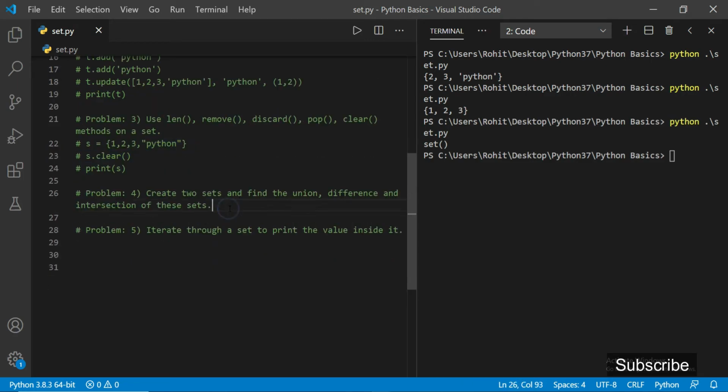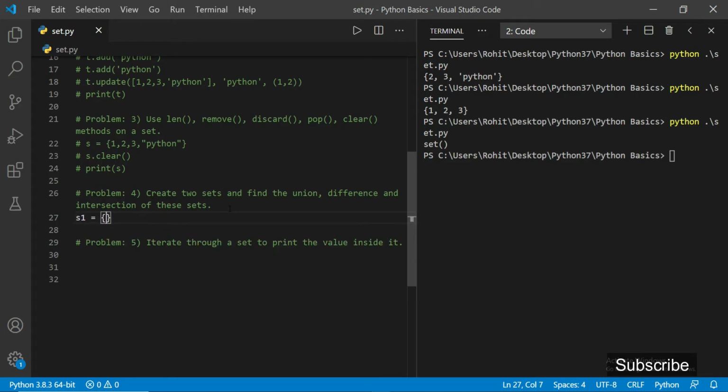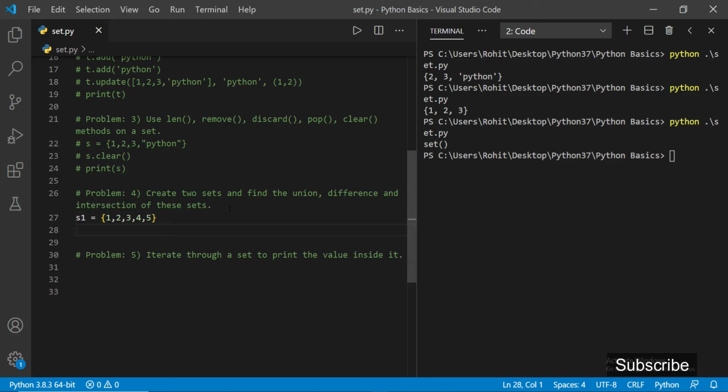Now in problem number 4, we have to create two sets and find the union, difference and intersection of these sets. Suppose I have a set with some values in it. Let it be 1 2 3 4 5. And I have another set in which we have 1 2 5 6 and 7.